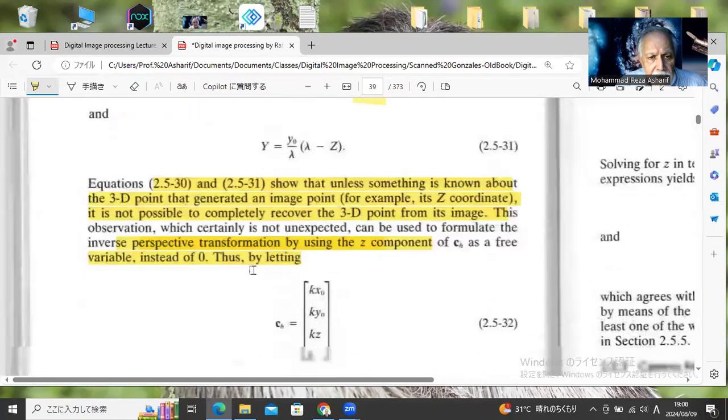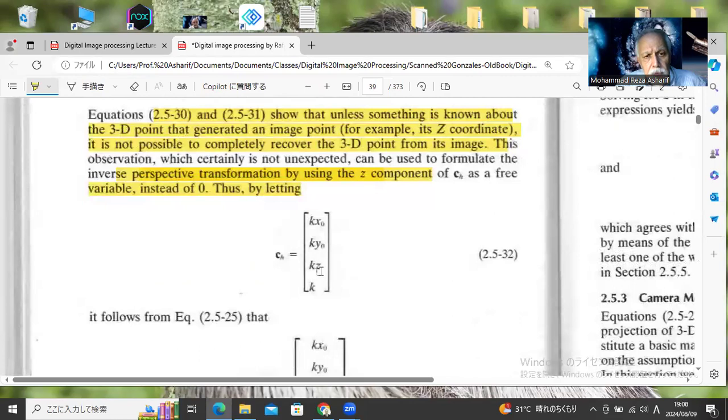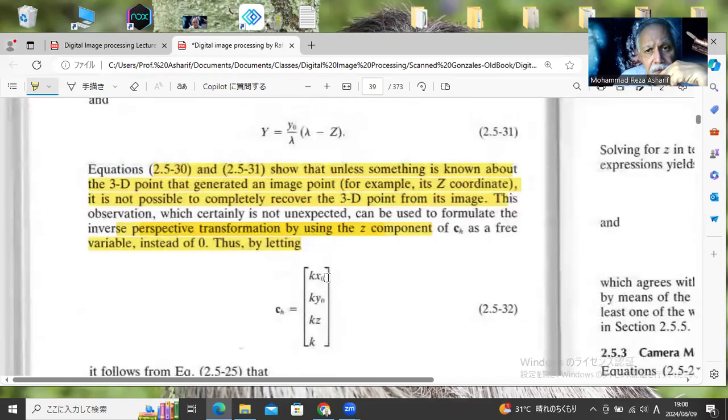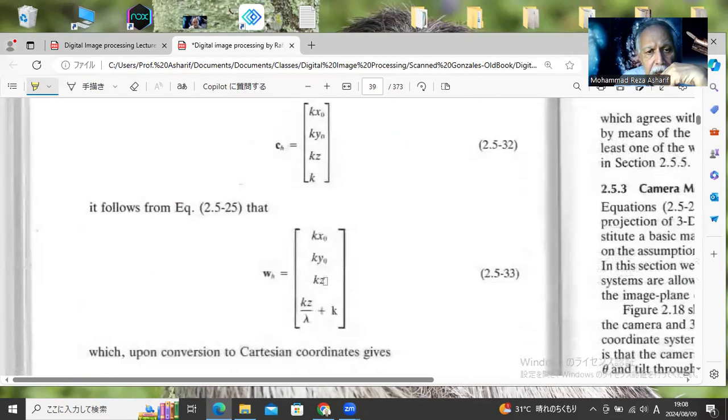Yeah, CH was with 0, but here we don't put 0. We say just a free variable Z, KZ, and K. This is homogeneous, and it follows from equation 25, and that then